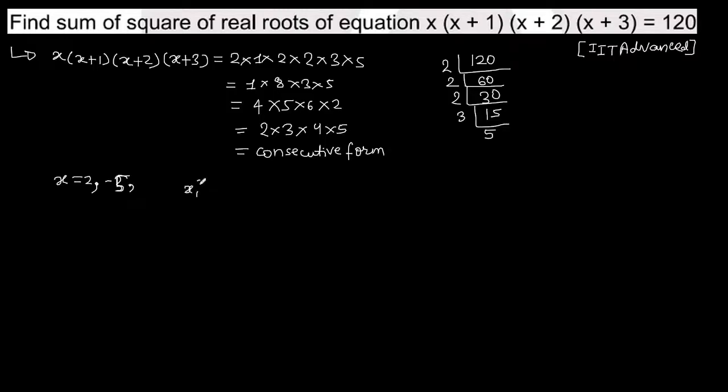So x1 square plus x2 square is 29. I think this is the answer. So we are happy to see